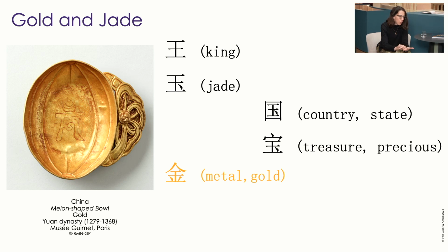comes from the character king, which has 3 horizontal lines, which we say come from the 3 wrinkles on the forehead of the tiger. And the character jade is the same as king, but with 1 additional dot on the lower right corner. And country is jade inside the wall. So the country is the power of the king, and the power linked with jade inside a